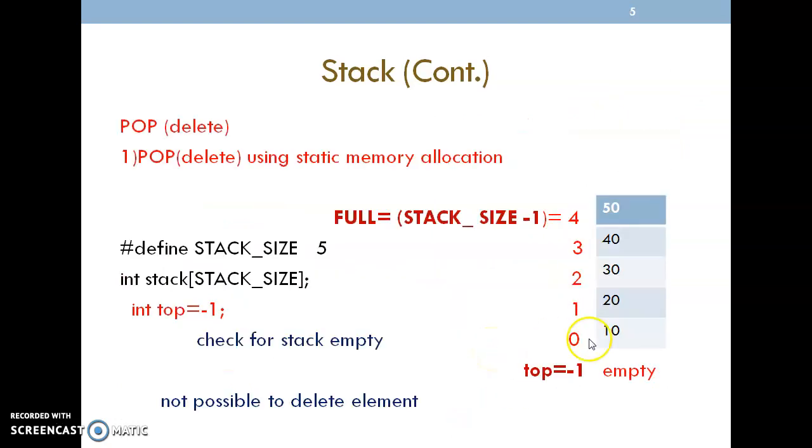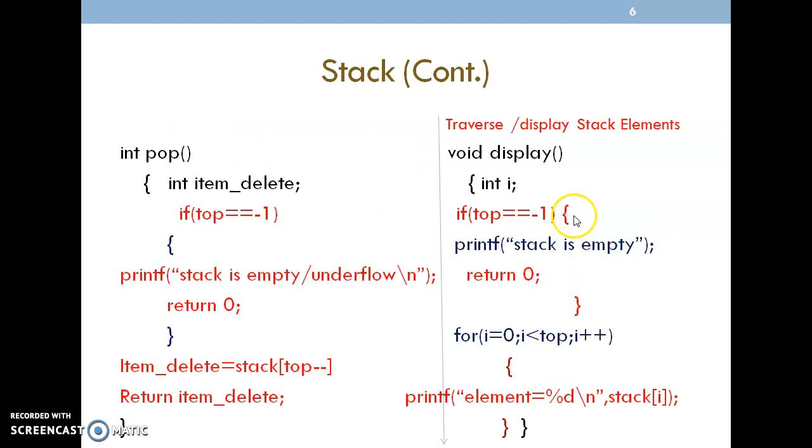From i equal to 0 to i equal to the top element. So i = 0, i <= top, i++. Here, if you want to specify the top value, you can specify it; the top value can be STACK_SIZE - 1, like that you can specify. Then printf element equal to %d, stack of i, it will be read one by one. Then all the elements of the stack will be displayed. Initially stack of 0, then stack of 1, stack of 2, until it reaches the top, or you can write STACK_SIZE minus 1 here.